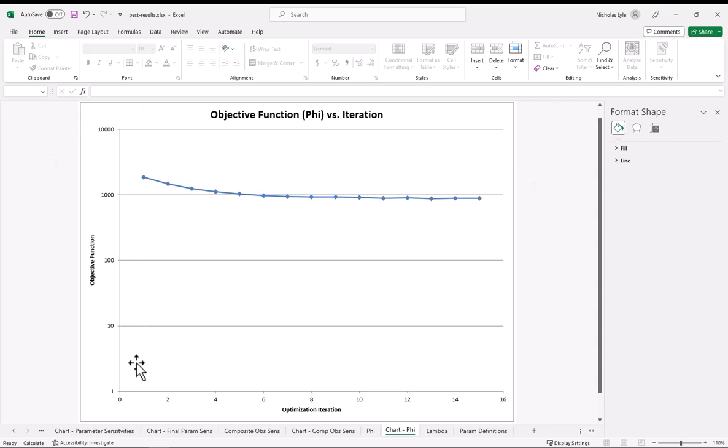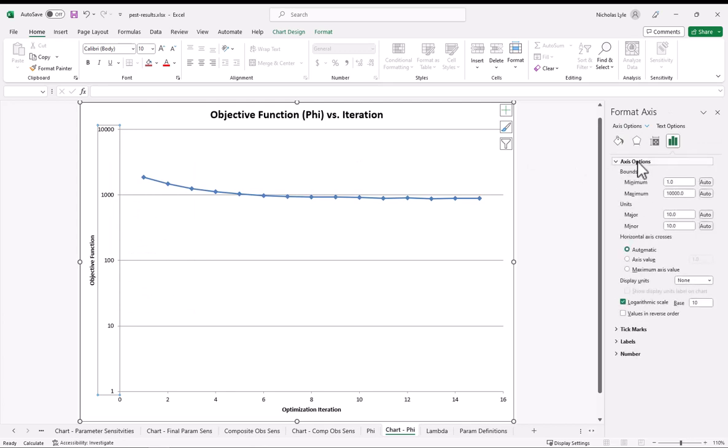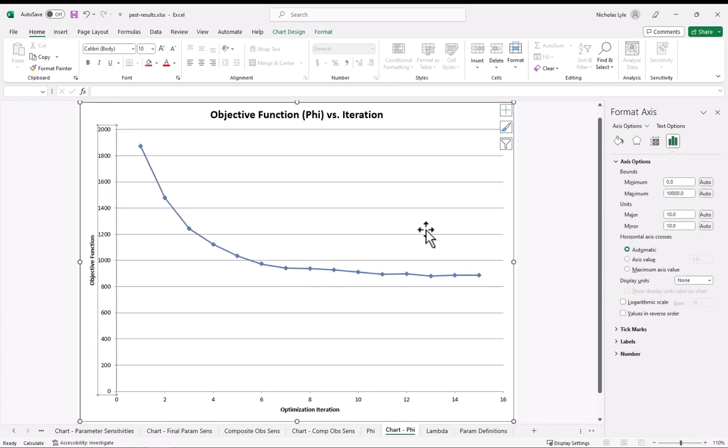As you can see, this is on a log scale, and this shows the improvement, if you would like, or the degree of history matching your model is able to achieve over the iterations. This chart shows a relatively typical pattern. There was a relatively large amount of improvement with phi in early time, and it very quickly leveled off. Even in linear scale, the rate of improvement over the late iterations was relatively little. The decline in phi is small, about 50%, whereas in other models, it's common for phi to decline by several